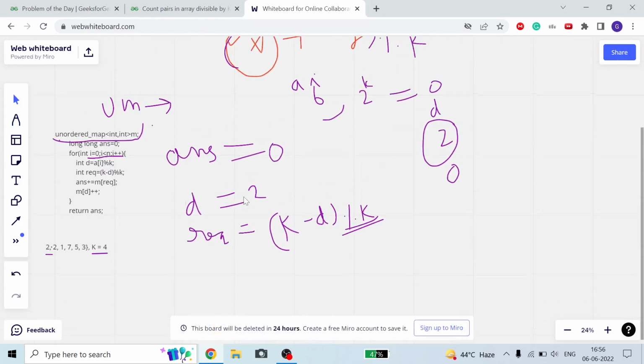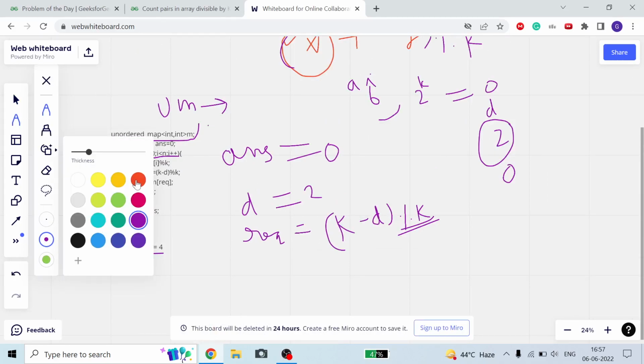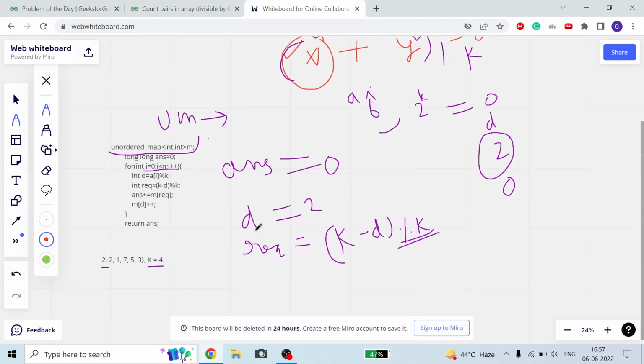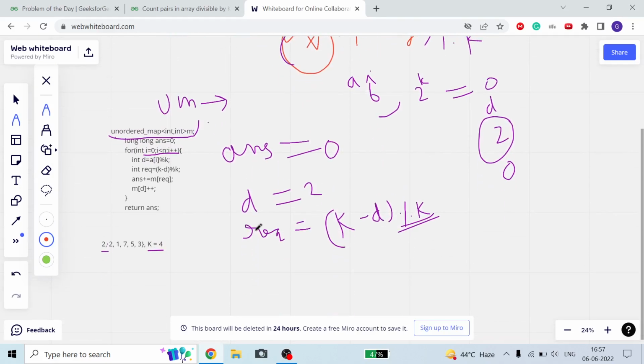Okay guys, so I hope you will understand. If not, then try to run it yourself, because this is a mathematical problem, so sometimes it is hard to understand, but when you do it yourself, it will become very easy to understand. Okay guys,